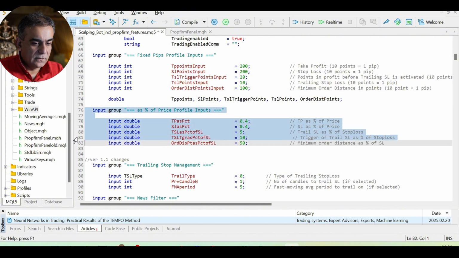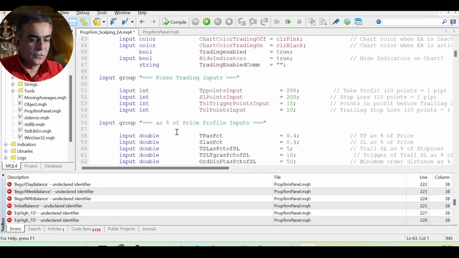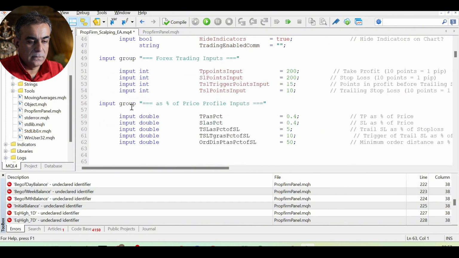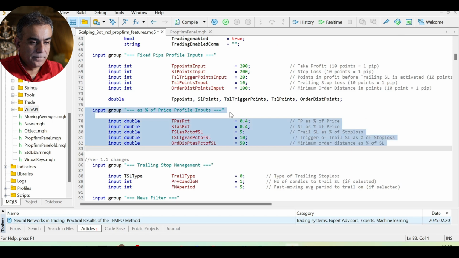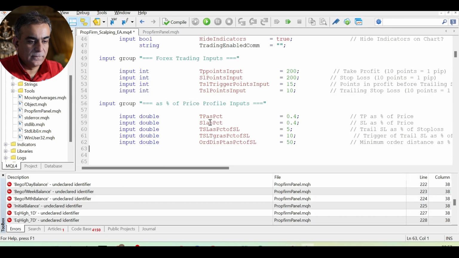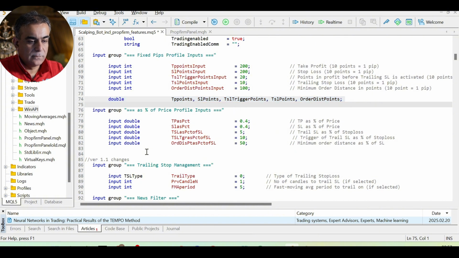So I'm going to take this and then copy paste to MetaTrader 4. So now we have two profiles, the Forex profile and the percentage profile, exactly the same way as we have it here. The other thing was we had added an order distance point input here as well, and an order distance point variable here. So I'm going to copy this and paste this here, and then all of these variables I'm going